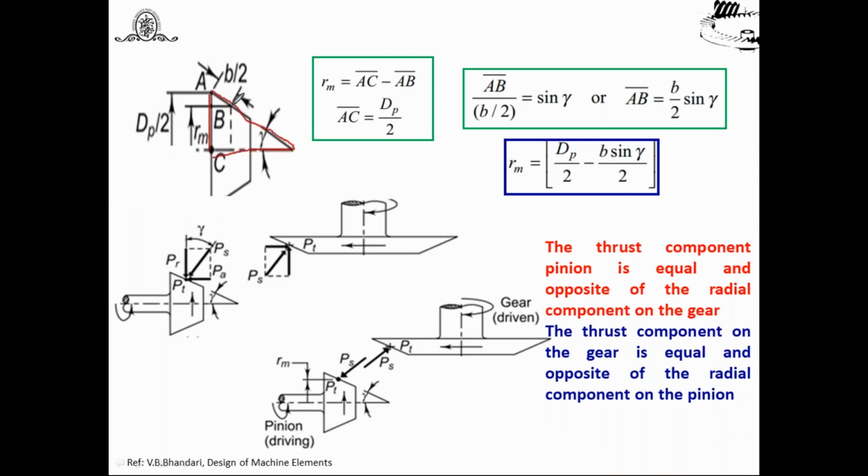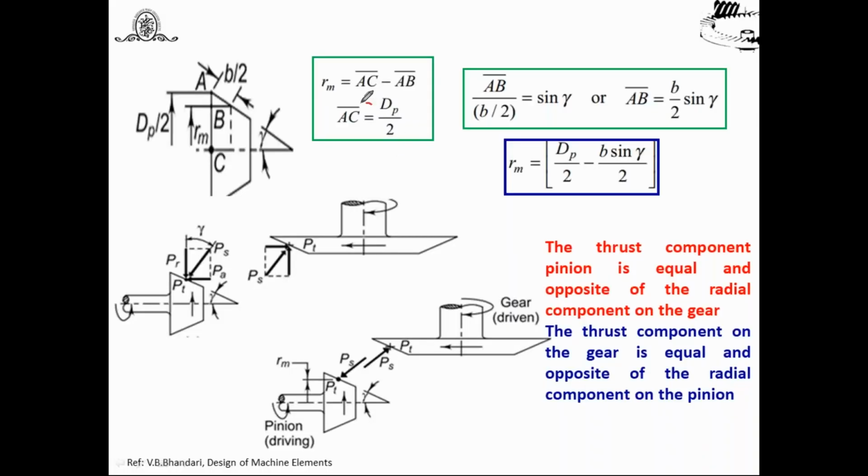from this point to this, the RM is equal to what? If I am going to find out, this is the RM, the distance from this to this axis. How to find out RM? You will find this is AC and this point is B. This is the AB bar. And again, how to find out the AC? That is important.